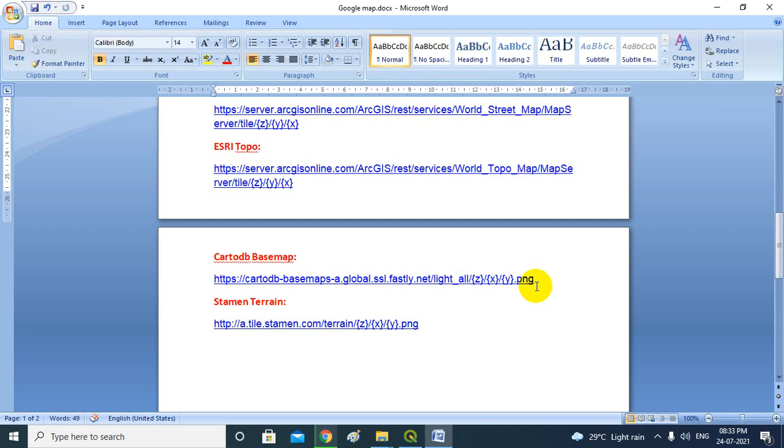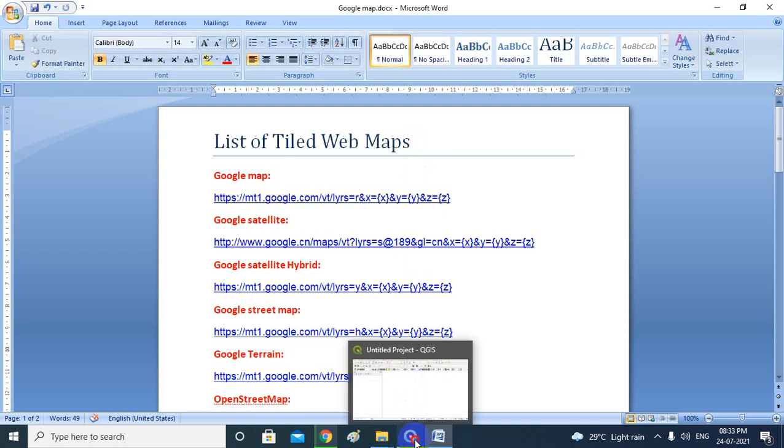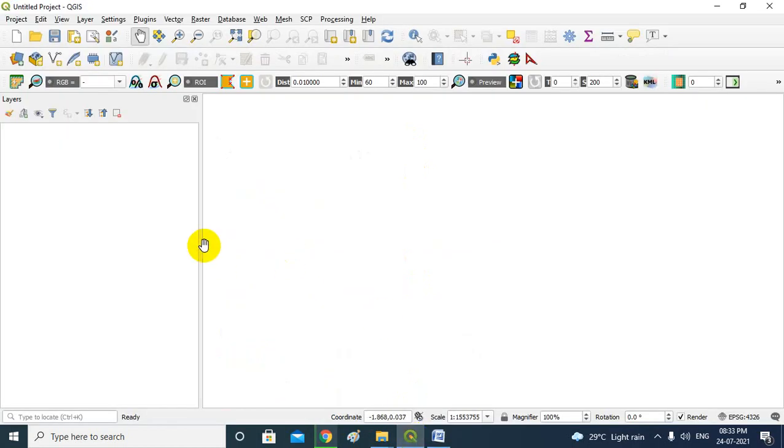So let's do it. I will also provide you this document, so if you want, you can download it, and even you can add such things. So let me show you how to do this in QGIS software. I just opened QGIS software, as you can see,